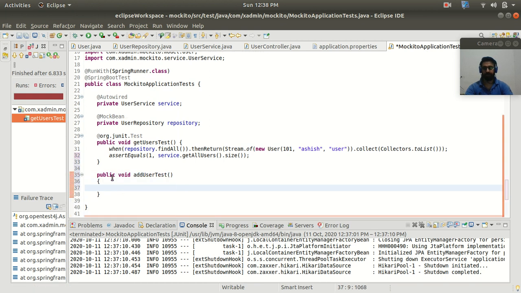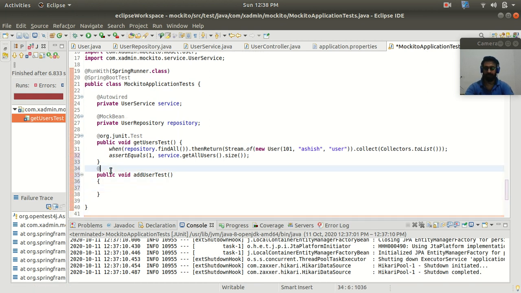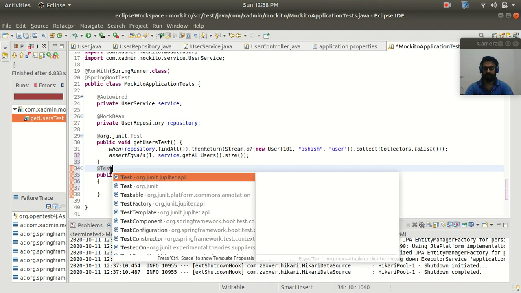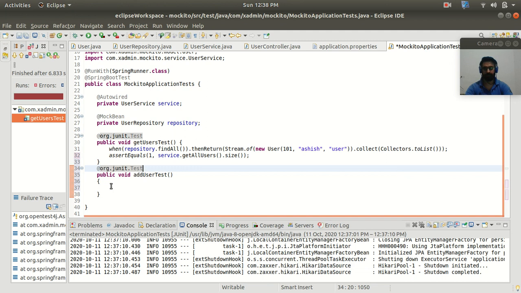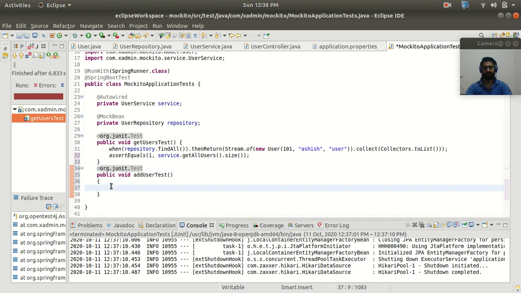All right, so guys, here we have to mark this method with @Test from the org.junit package, right? And now here guys, I'm going to create the user object. So user equals new User.